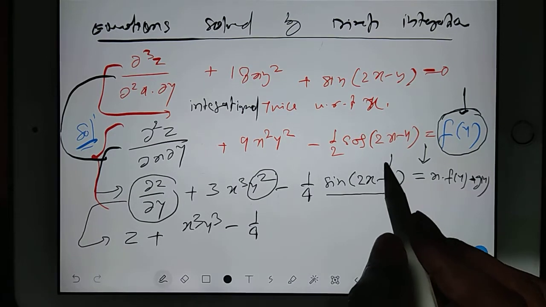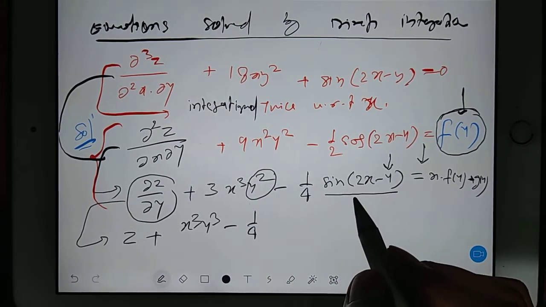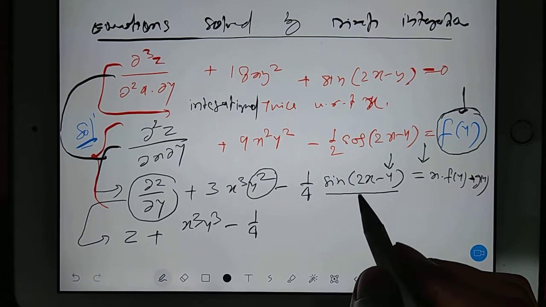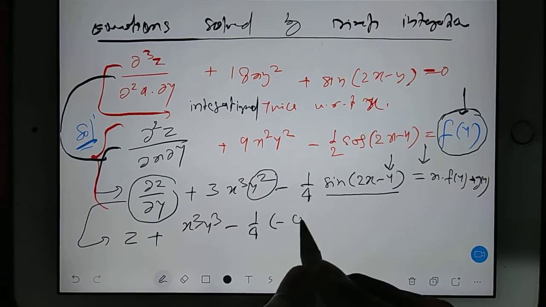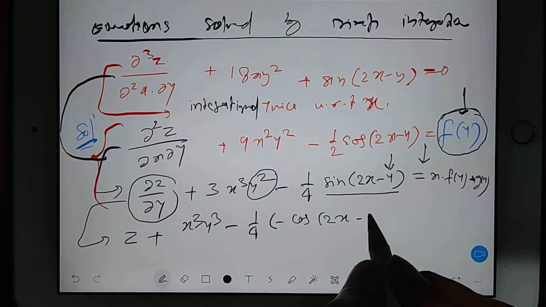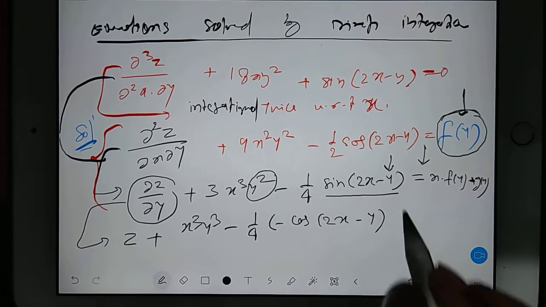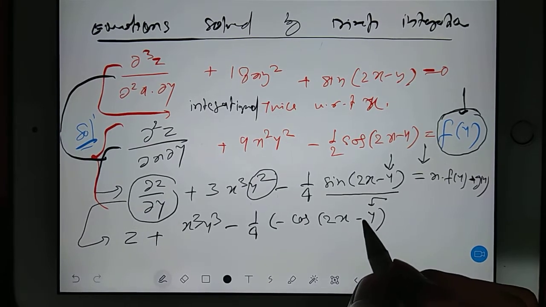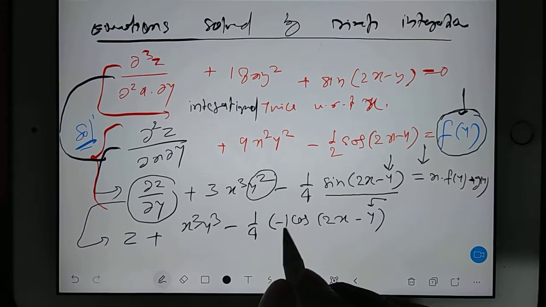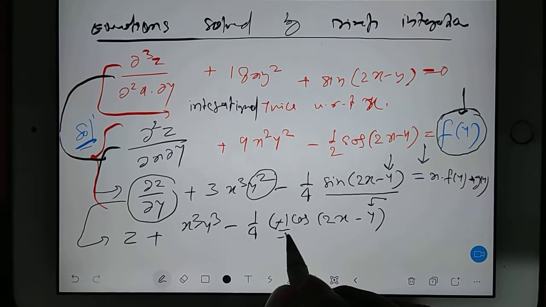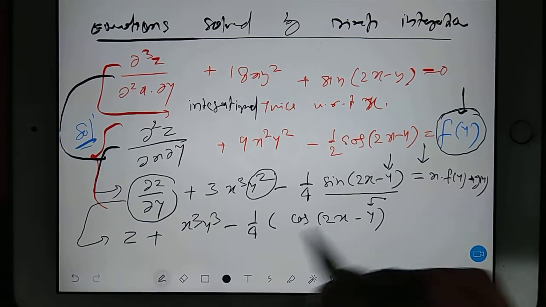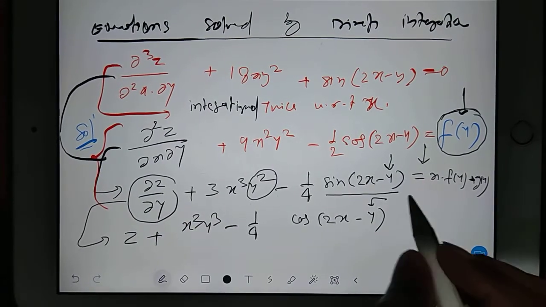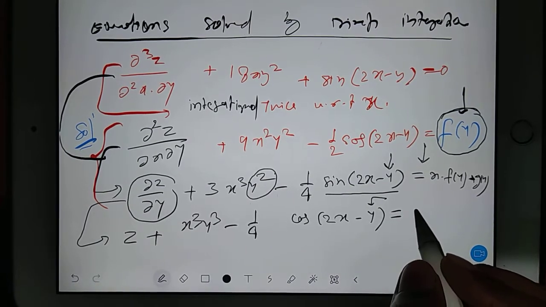In this time you have to take care here. When you integrate sine, then what comes? Minus cos comes. So if minus cos will come, then this sine will be plus. So I'm writing here minus cos 2x minus y will come, and this y has coefficient minus 1. So that minus 1 you have to divide, like by 1 by minus 1, right? So this minus you can cancel. So it's better to remove everything. There is no change inside, so I can also remove this bracket, right? So is equal to, that's all, almost done.